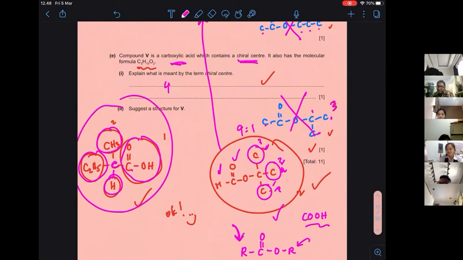So that's the structure. Total mark 11. Okay, sorry for